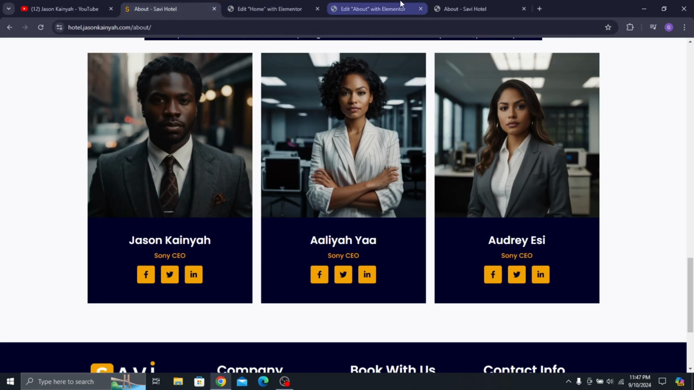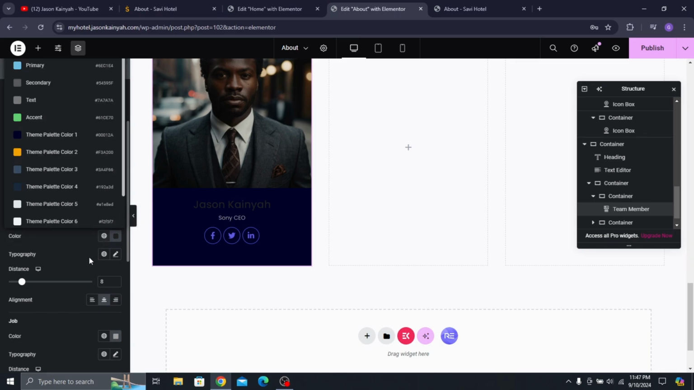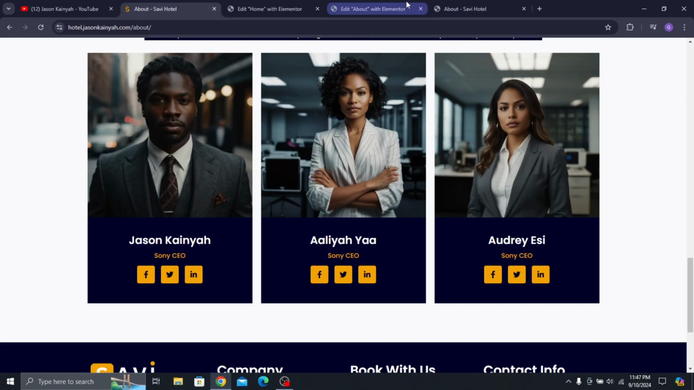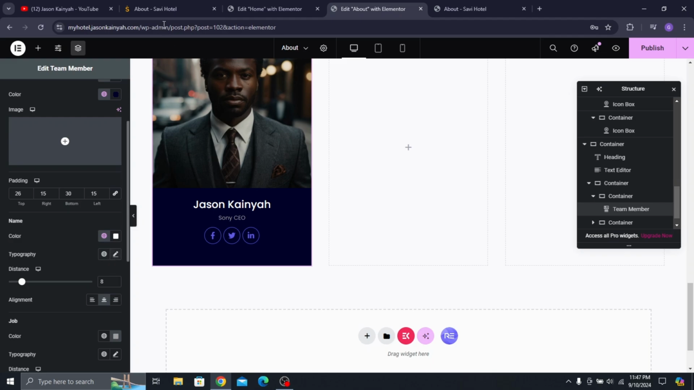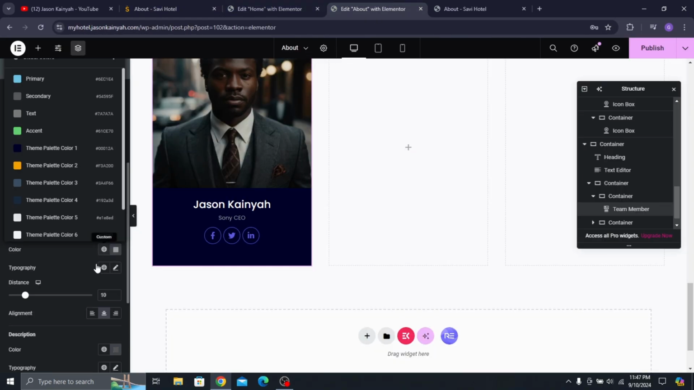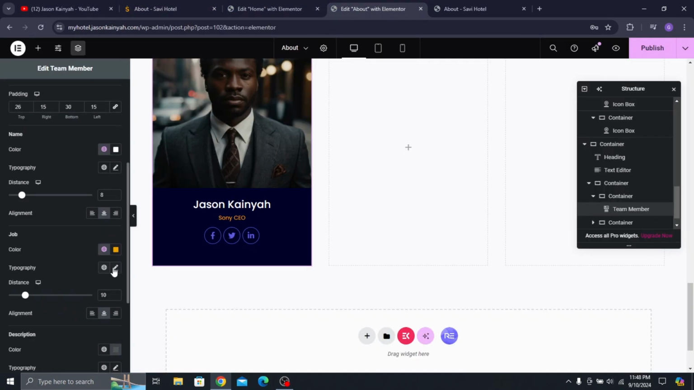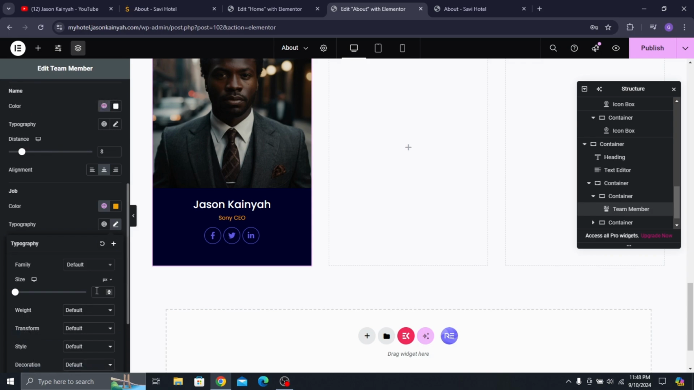The name color is white. Okay, so we can change the name color to white. And then it's a little bit more bold, or okay, no, it's okay, let's leave it like that. And then the job color is the yellow color. Okay, and that one is a bit more bold and bigger, so I can actually change the size to like 15, which is way too big, like 14. And I can make the weight